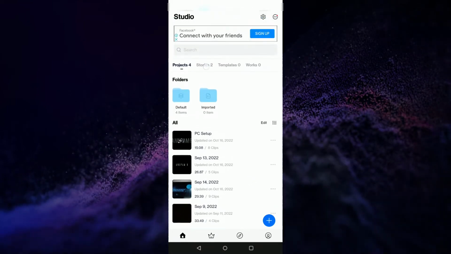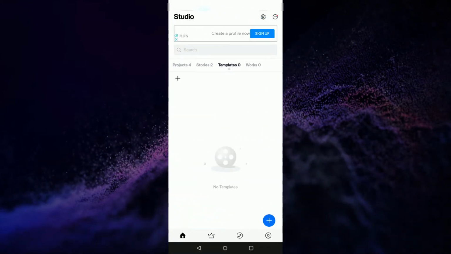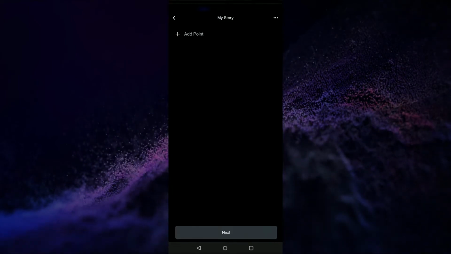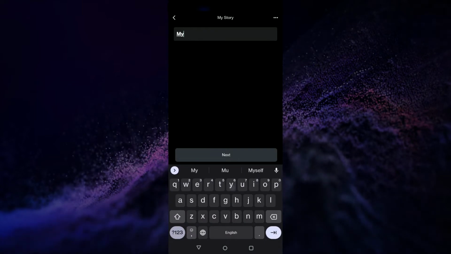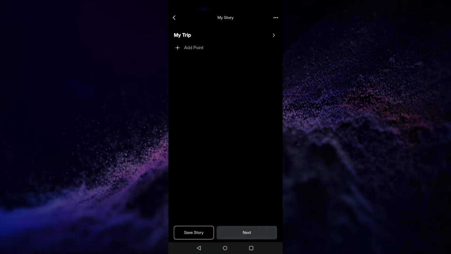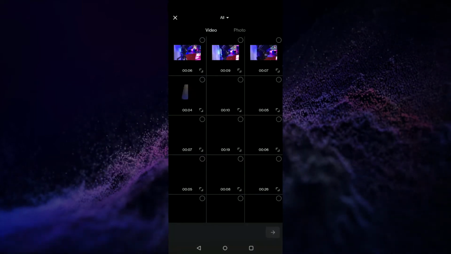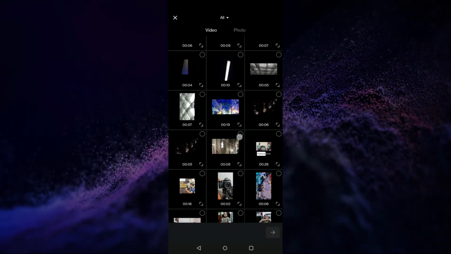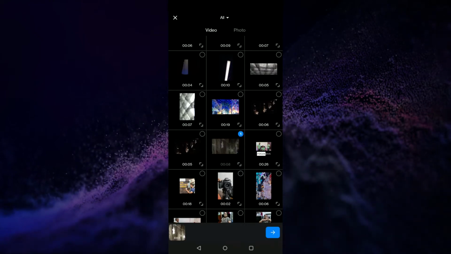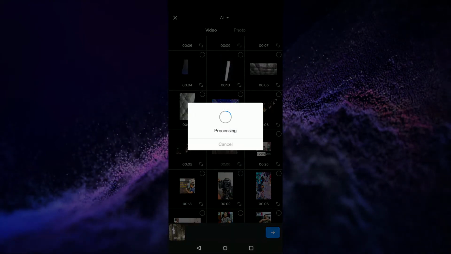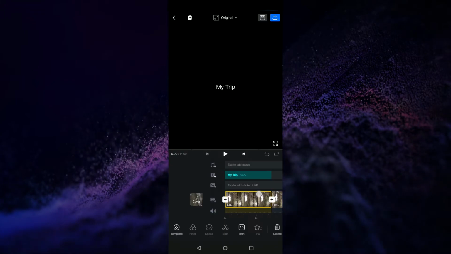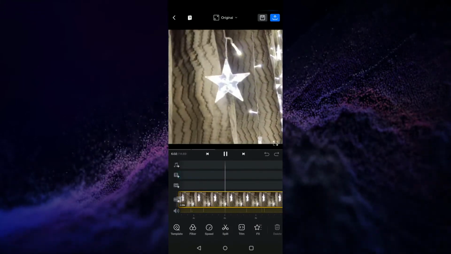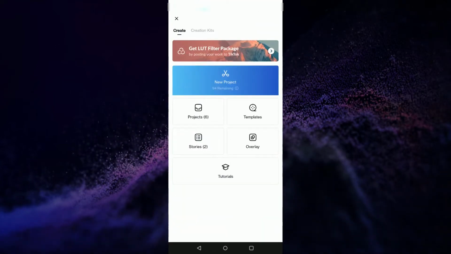Now you can create stories depending on the different timelines or the different trips you would have taken. For example, if I'm on a trip and I just want to create a story super fast, I can just add it onto the storyline and add different clips onto the timeline. For an example, I'm going to show you how it would look. Once you add a clip and hit next, this is the menu that you would be able to see on your timeline. So I have an opening section and my clips arranged thereafter. But today we are going to do it by creating a new project.